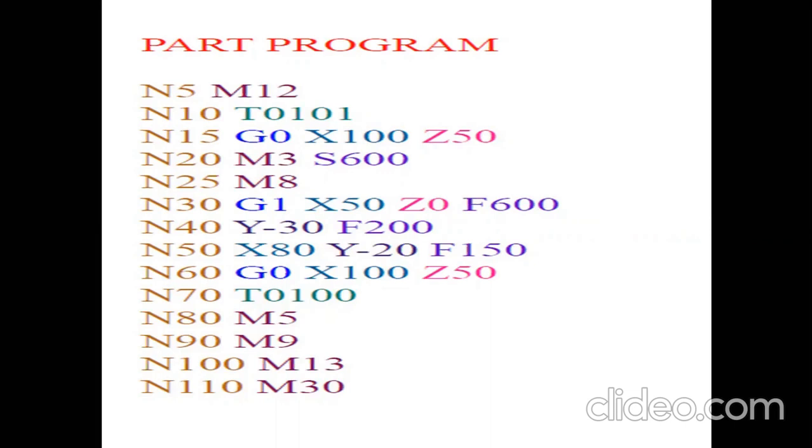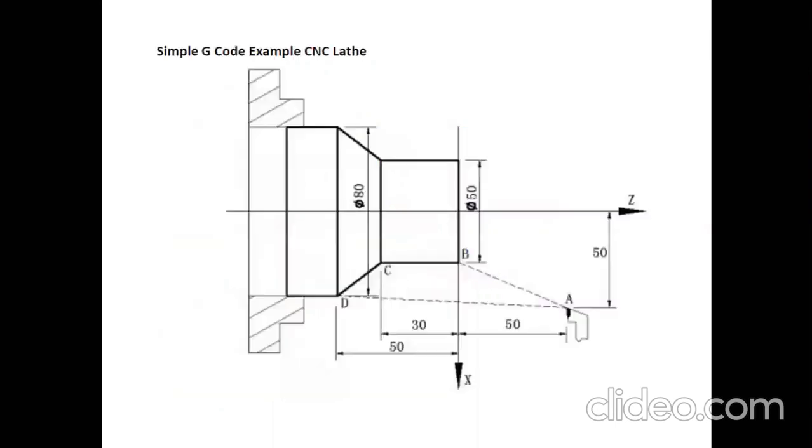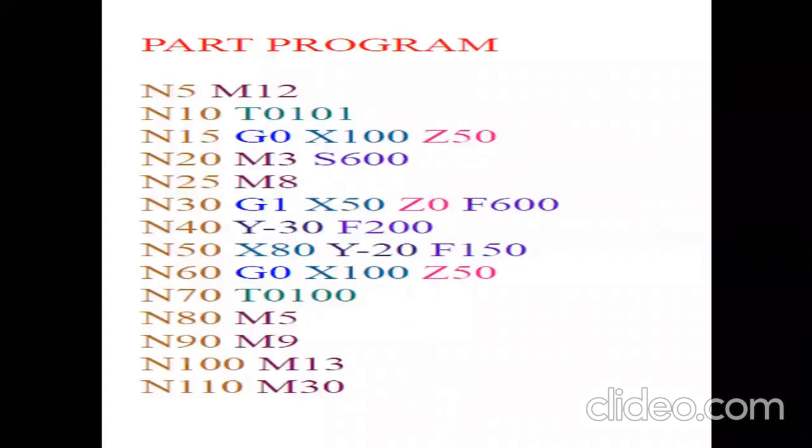The first operation is N5, M12. Now what does this M12 indicate? As we know, M stands for miscellaneous function. Miscellaneous function 12 represents that we have to clamp your workpiece into the spindle. This hashed portion represents your spindle, and clamping the workpiece into the spindle is represented by miscellaneous function M12. This is the first command we provide to the machine, clamp your workpiece. Now your second command is N10, second line,